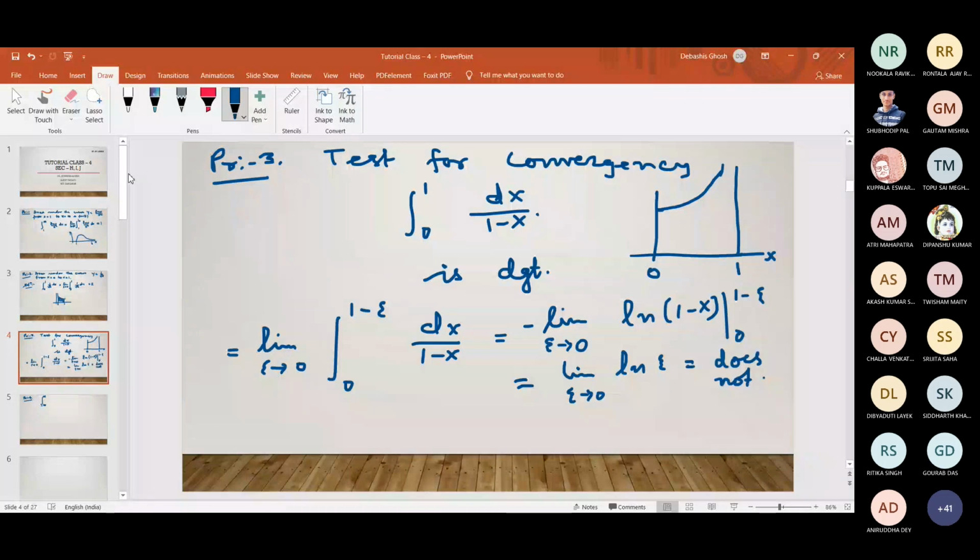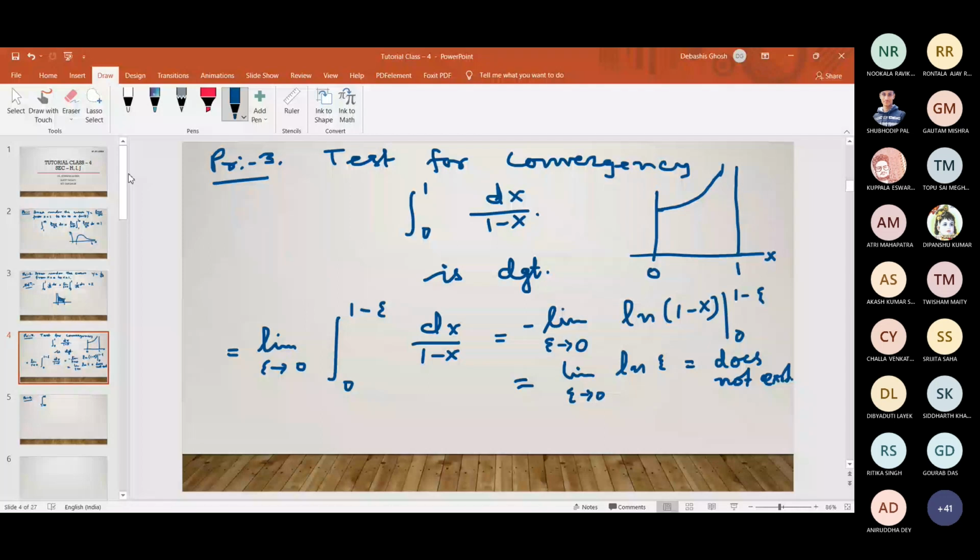Okay, so because you can see that the area will not be bounded. So we could not find out the area under this. Also, problems on the mu test, I cannot get it properly. Yes. Can you solve some problems of the mu test? I could not get that. No, I have not taken any problem from your mu test. I have taken only the problems with your test of convergency.